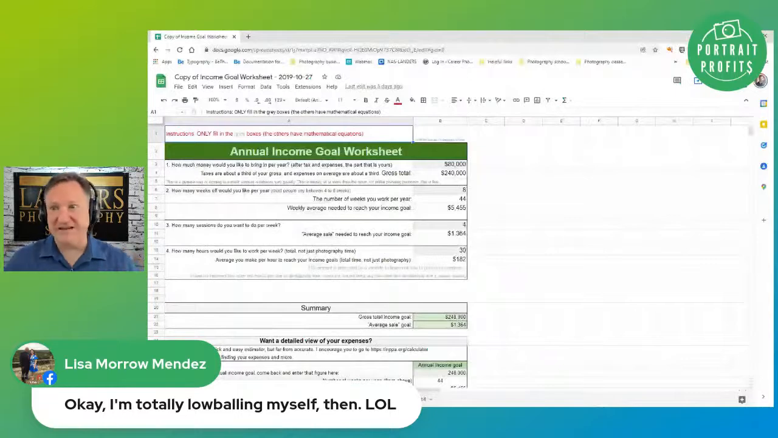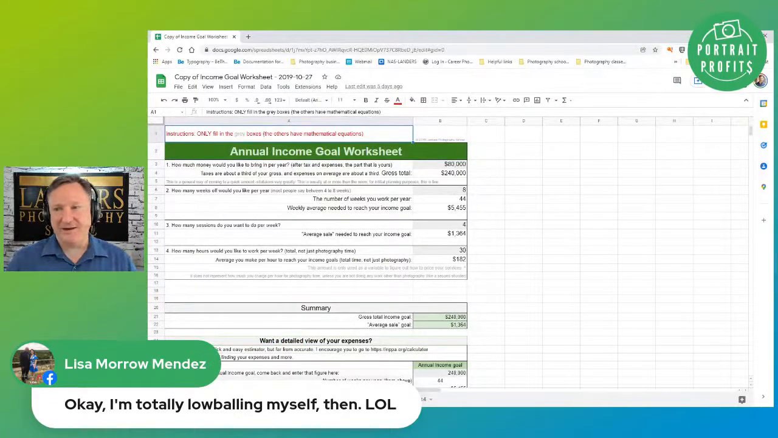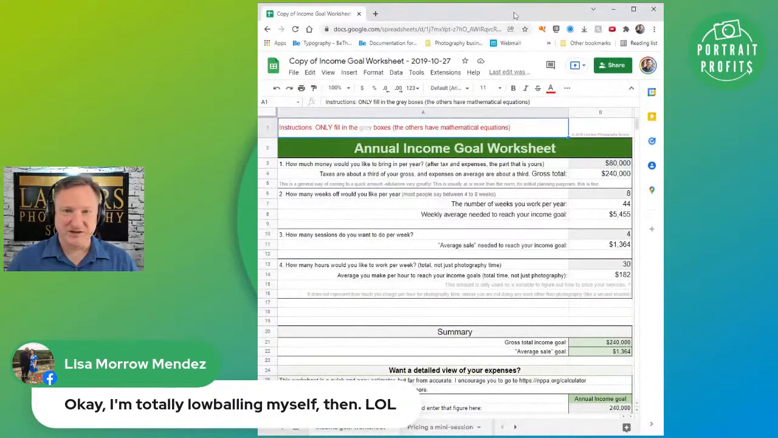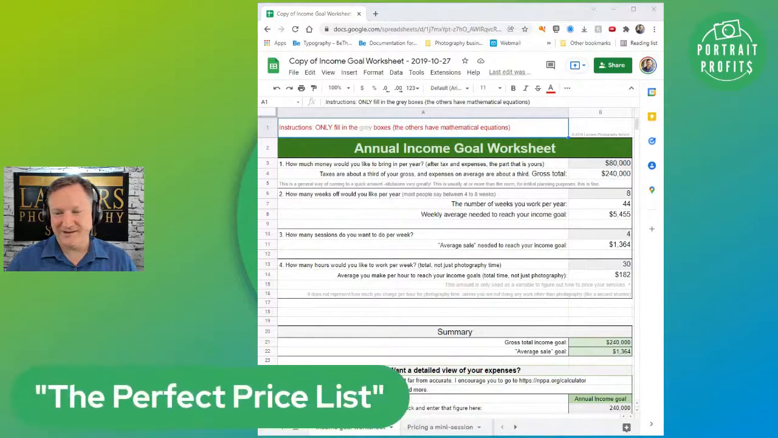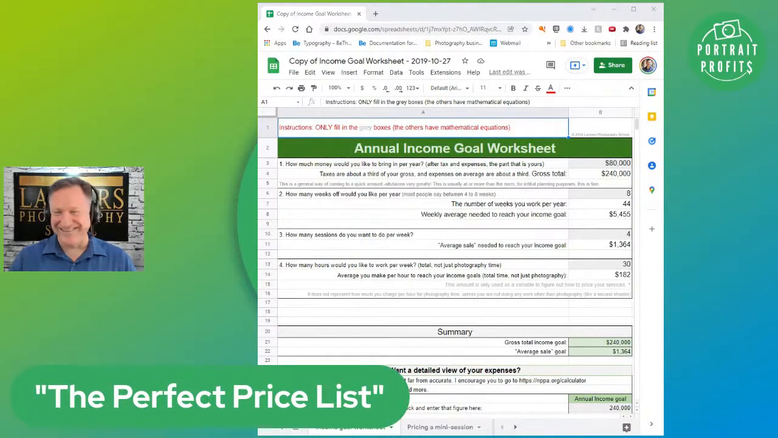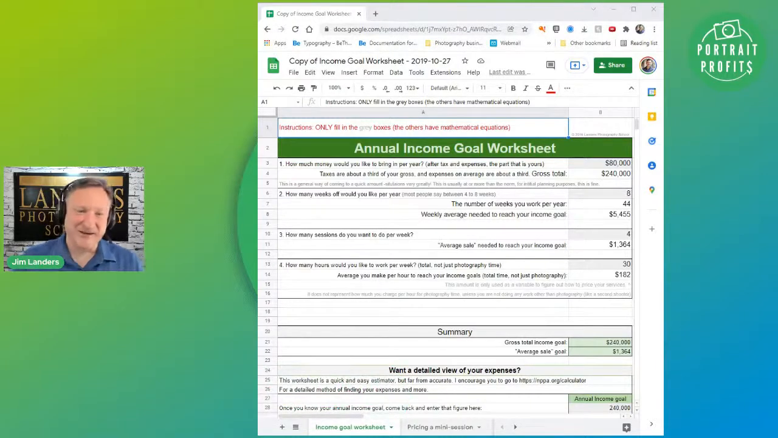So what you should be seeing on your screen right now is an Excel file. It's actually Google Sheets. And I'm going to go through this using your numbers. Good, Rick. All right, so let's look at this real quick, and I can see that the price list is taking up some of the screen, so I'm going to take that off temporarily. There we go. All right, so this is the